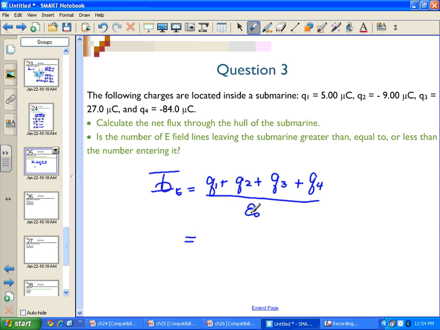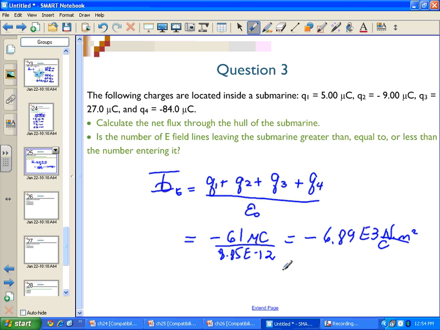When we substitute the numbers, 5 minus 9 plus 27 minus 84, we get minus 61 microcoulombs divided by 8.85 e to the minus 12. And that gives us a value of flux, which is negative 6.89 e to the 3 Newton meter squared